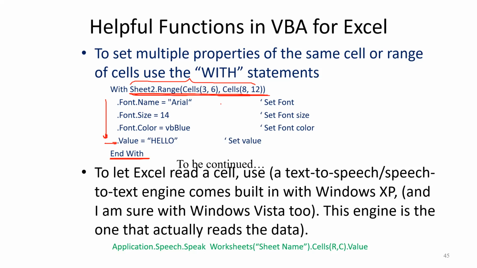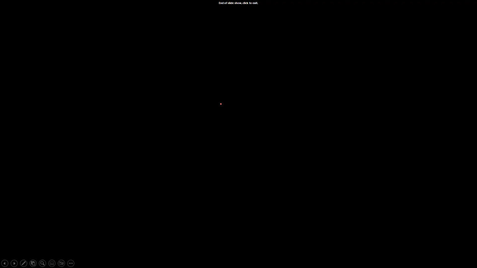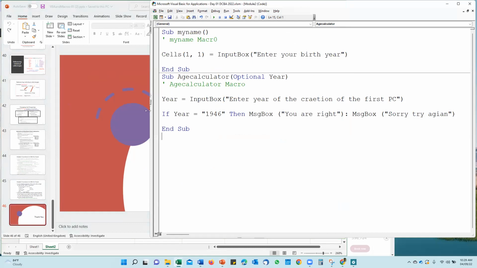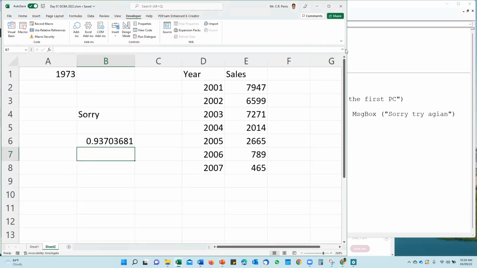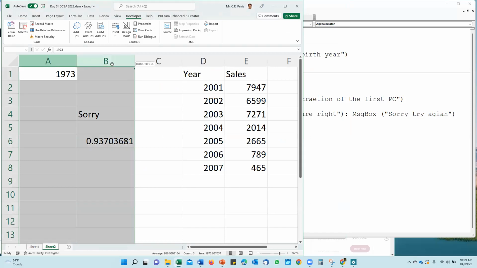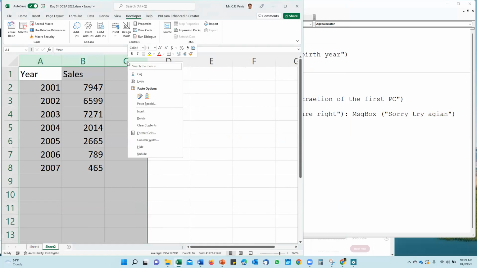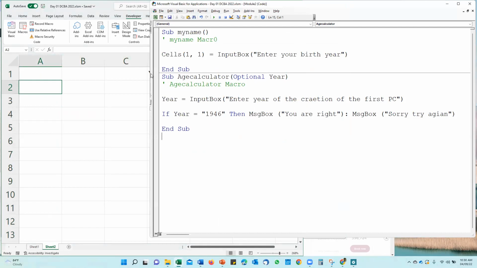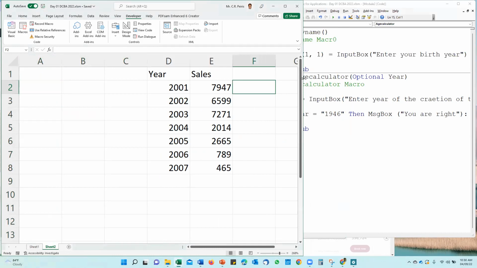Okay, now we can practice another very important command, and these commands one by one using examples, right? Okay, now again I will go to the Excel sheet. I will delete this. Right now, I will explain a very important command called